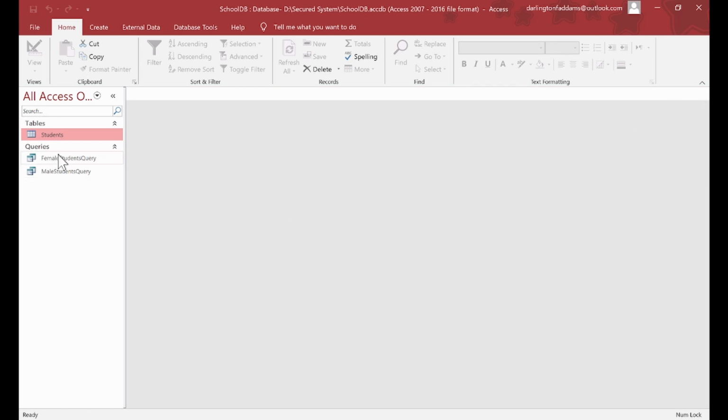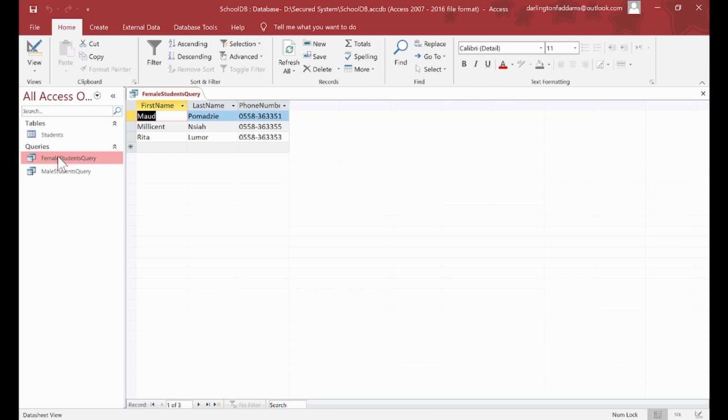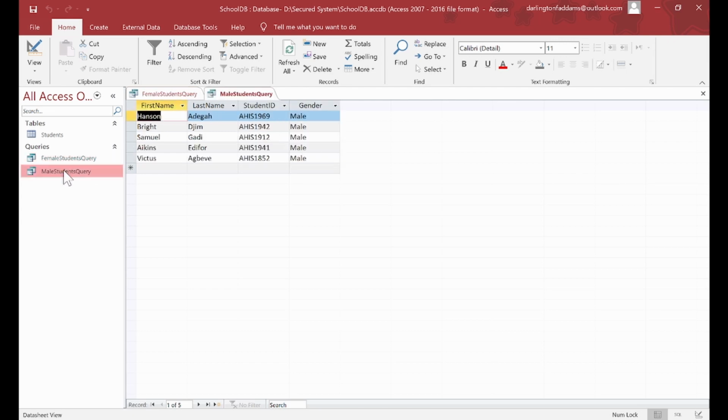We have our queries here. We wrote a query to fetch out the female students. Do you remember? We also wrote a query to fetch out the male students. And what you are seeing right now is exactly how queries work and what queries are. Queries are commands that fetch specific information